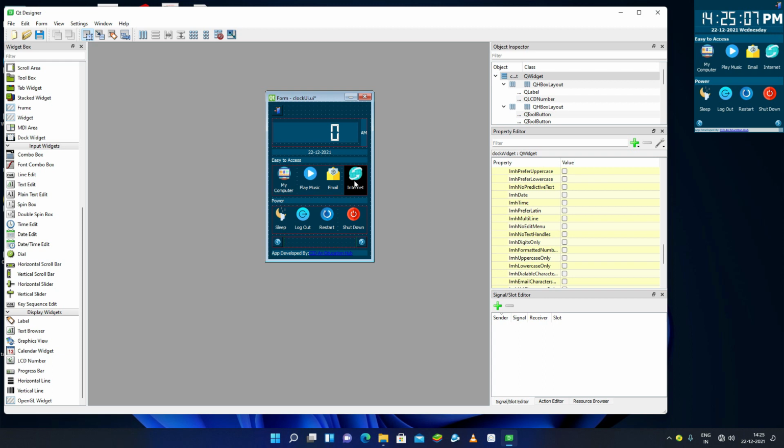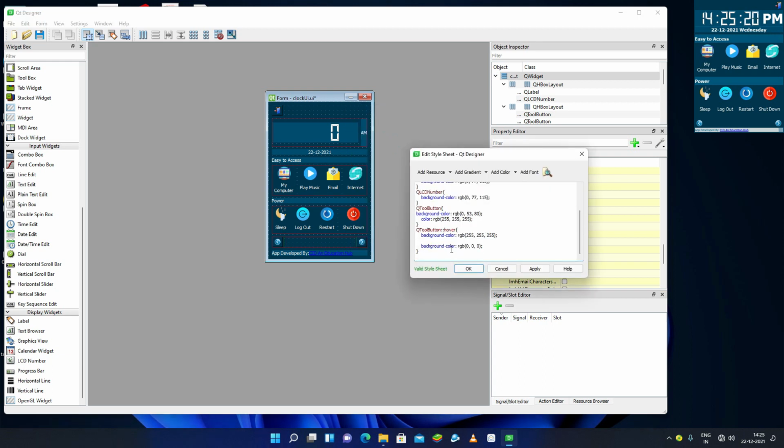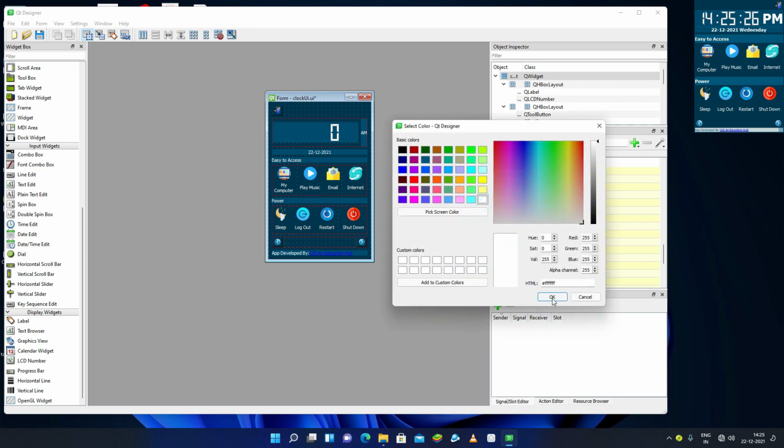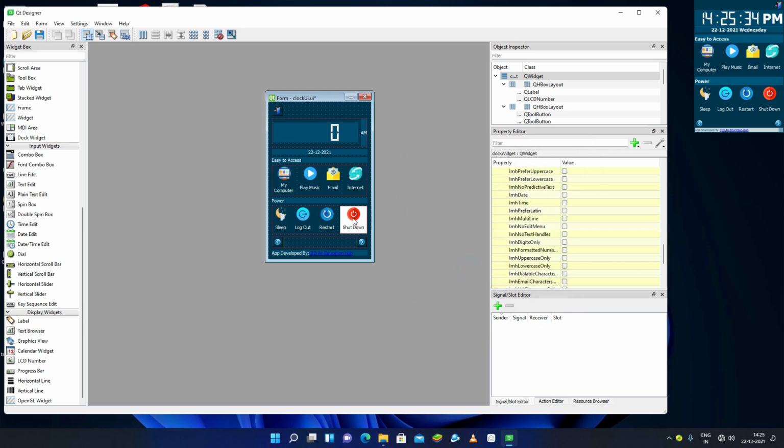But I have changed something, right? White must be the background and black must be the foreground. So let's select it, and here, yeah, this is the mistake. I have to select the color. The color will be black. So okay, now it is fine. This is working like this.